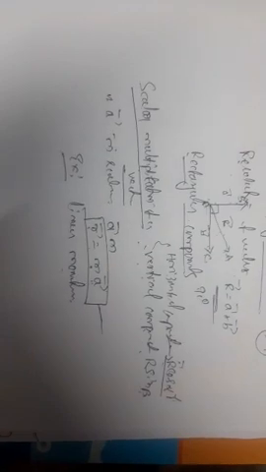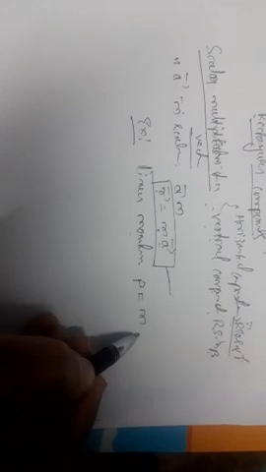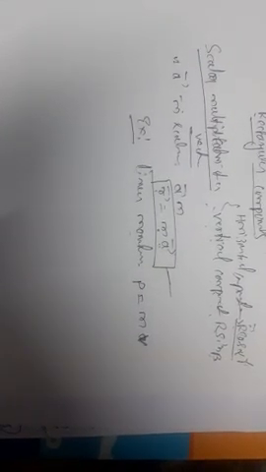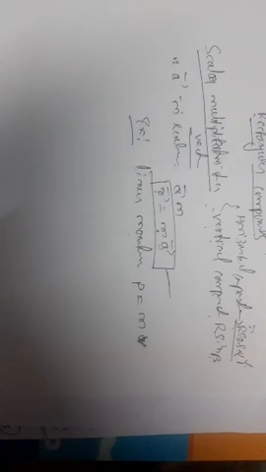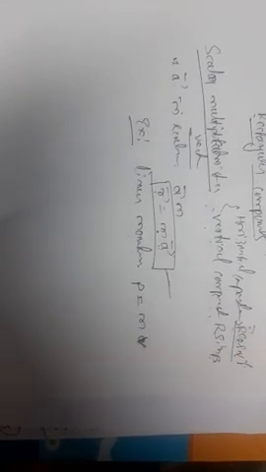Linear momentum means mass into velocity. The symbol of linear momentum is P. P is equal to mass into velocity. Other examples: rotating of a fan, and rotation of a pen cap, or any screw item. The screw's rotation can be in any direction, clockwise or anti-clockwise. Displacement is present, and what is the mass of this screw?